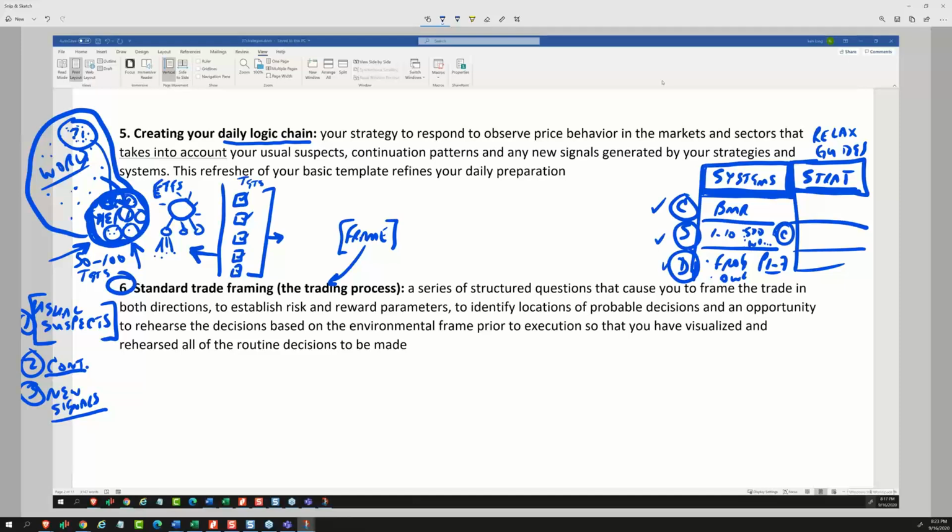So strategies are relaxed guides, systems are mechanically pure, and then you can decide between 100% rules-based and 100% discretion, where on that you want to be. Like if I was here, I would be mostly rules-based and only a little bit discretionary. Here would be that perfect balance point, 50% rules, 50% discretion.